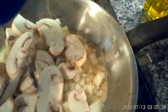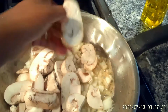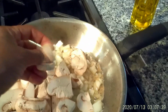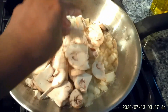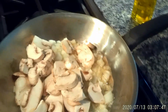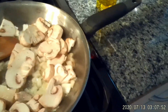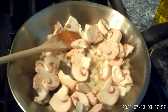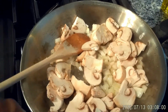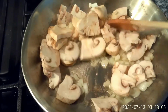Here you see the mushrooms are bigger. They're the sliced mushrooms and they're a little bit bigger, and I was worried about them being bite-sized, so I just take it by hand and I'm popping them in half because they're really fresh. They're very tender. So I was just making sure that everything will be bite-sized and uniform, kind of about the same size as your meat strips. And don't worry, my hands are clean, but even if they weren't, it's just for my family. So I was able to just break them up and continue to saute the mushrooms and the onions